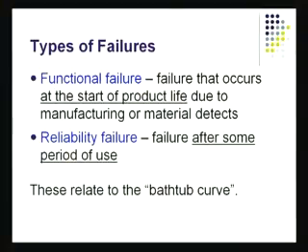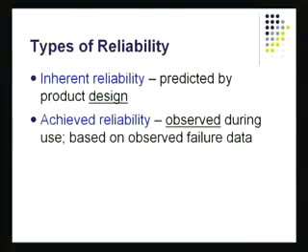That means the product is not reliable. This again is shown by that bathtub curve, and there is something called inherent reliability. Inherent reliability can be predicted by looking at the design of the product. There are some approaches by which you can predict the inherent reliability of the product itself. And of course, there is something called achieved reliability, which is like in the actual site of use, actual location